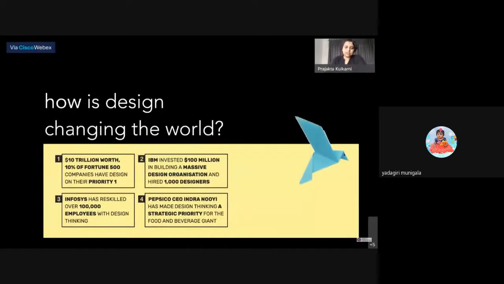How is design changing the world? As you have seen and you must have noticed all of the fad that is coming through about design thinking. So you can see that a lot of major companies have used design thinking to create substantial